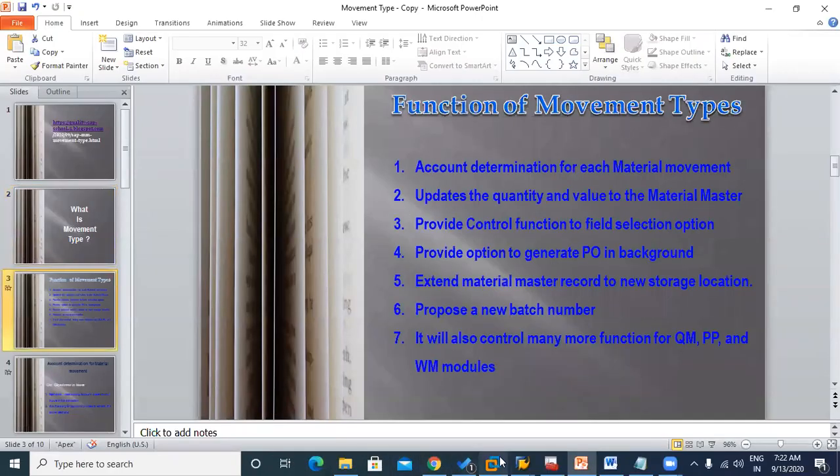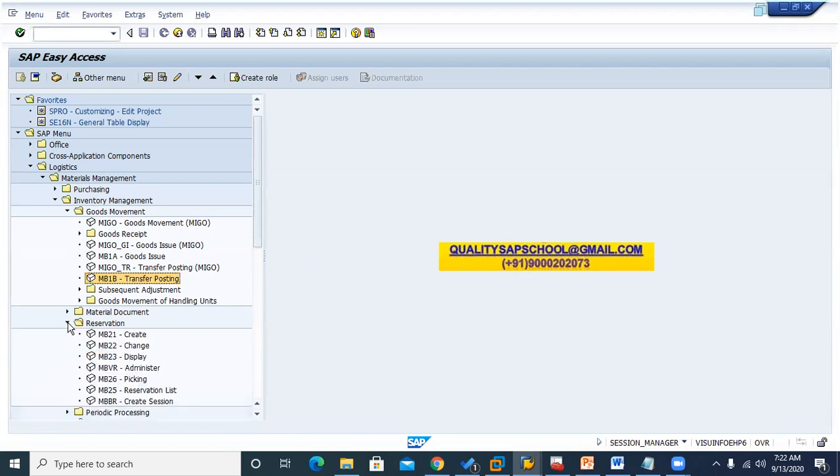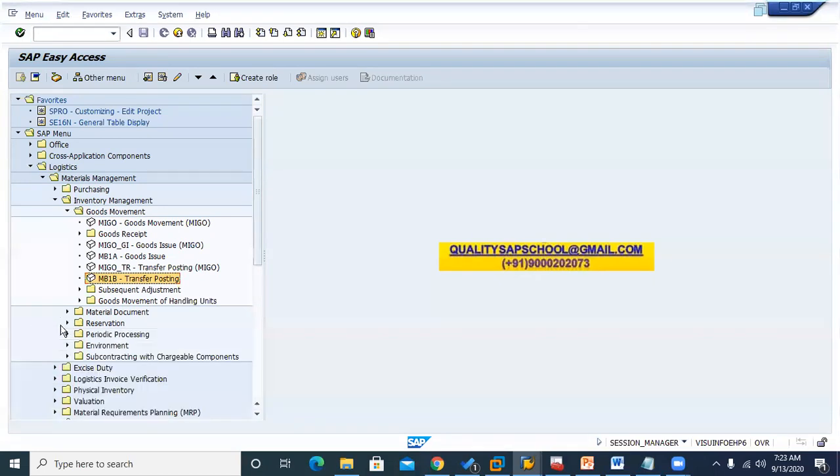First, we will see where these movement types are used. I've already opened the screen and gone to the MM module. It is under logistics. I'm going to inventory management. Almost all of the transactions are in goods movement, and you can also find transactions in reservation, as well as in physical inventory.